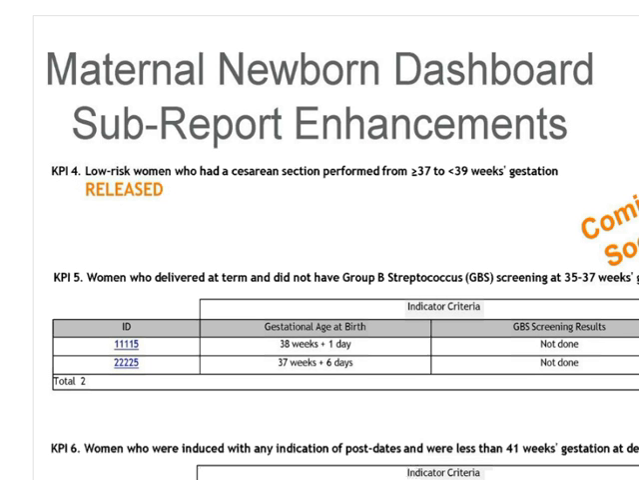So the last one, key performance indicator 6, is women who were induced with any indication of post-dates who were actually less than 41 weeks gestation. So you can see that they were induced. Here is the indication, but the actual gestational age is less than 41 weeks. So even if they said post-dates, it is less